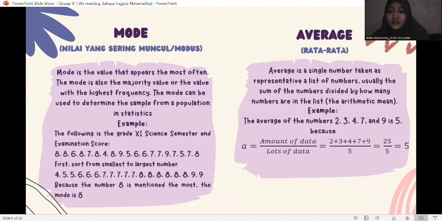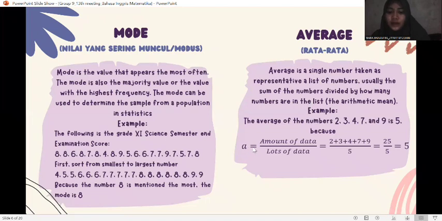Next, average or rata-rata. Average is a single number taken as representative of a list of numbers. Usually it is the sum of the numbers divided by how many numbers are in the list, or the arithmetic mean. Example, the average of the numbers 2, 3, 4, 7, and 9 is 5 because, so the formula is A equals, let A equals